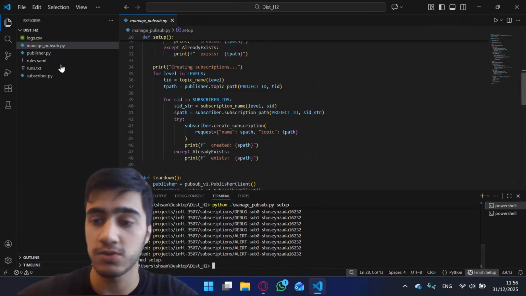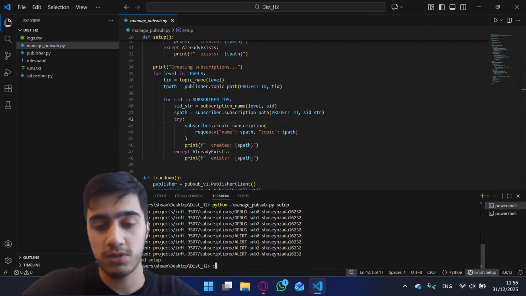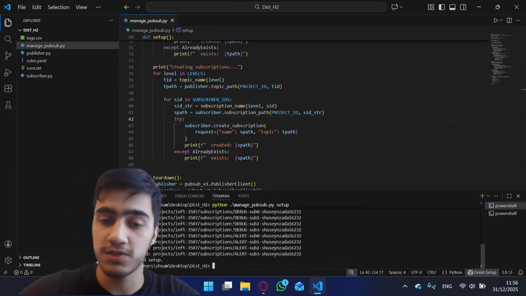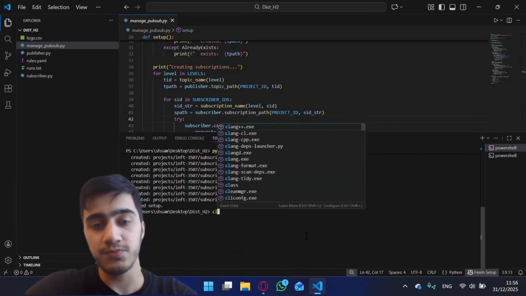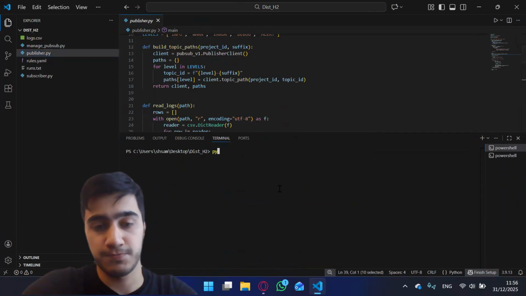Next step is to run the publisher file. I will do them in all different terminals here. Maybe I can make it a little bit bigger. Okay, let's run the publisher file.